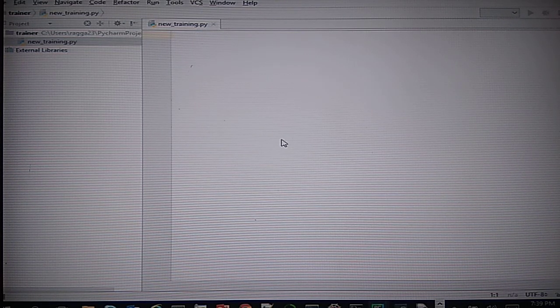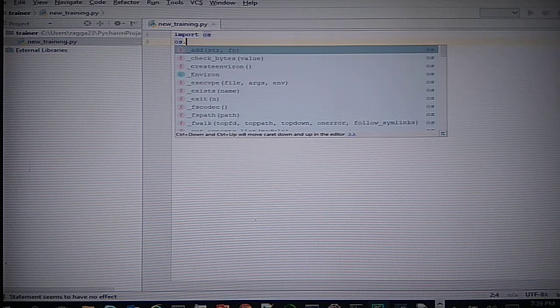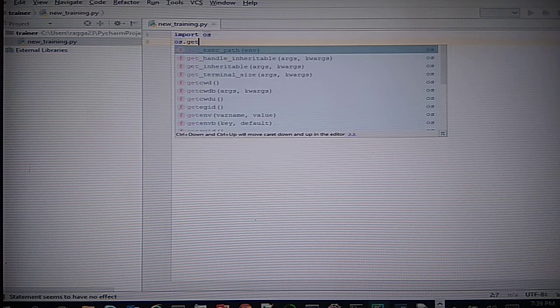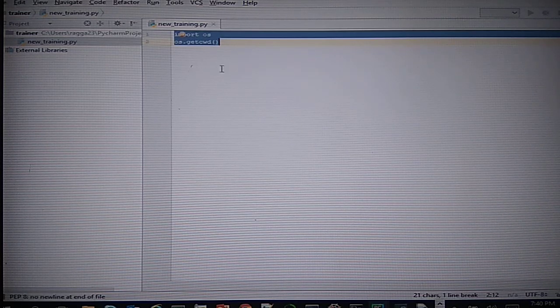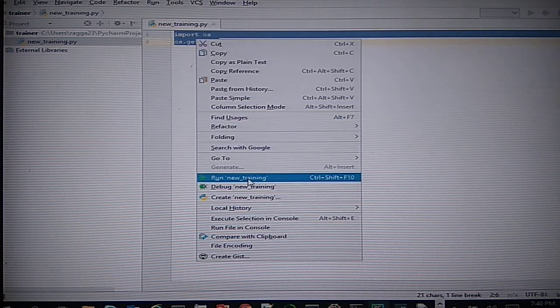So let's see. Now this is a very good feature of PyCharm. As soon as you write any package name or a class name, you will get all the available attributes, functions and constants in a drop down. So see, here I want to get the working directory. This is quite simple. You select it, right click and run this project.